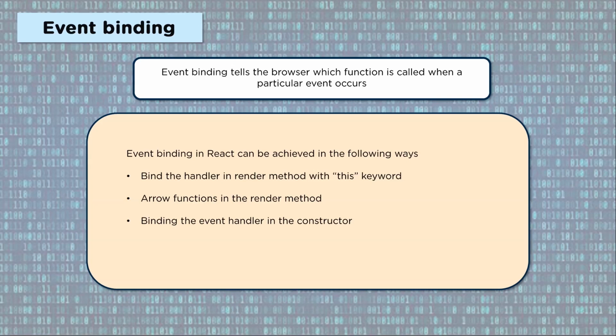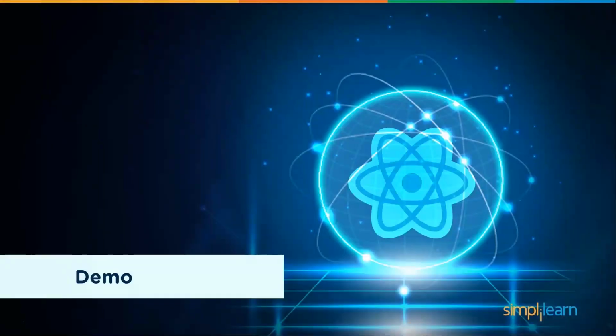So binding the event handler in the constructor is also another mode via which the event binding can be achieved. The arrow function as a class property can also be implemented to do the binding. Let's move to a hands-on demo to understand how we set up a basic application using components, using nested components, using props or properties, understanding state management, and doing event binding and event subscription to set up a simple